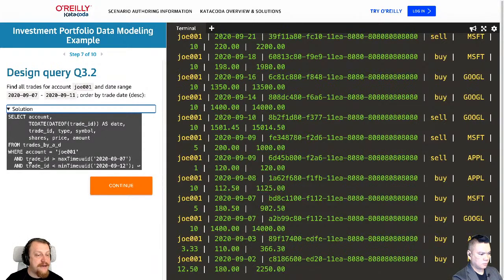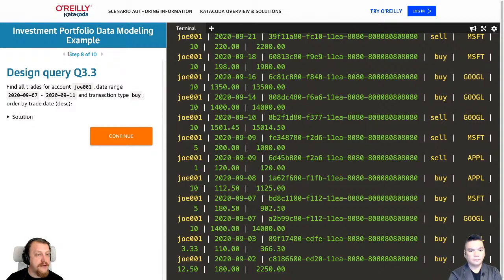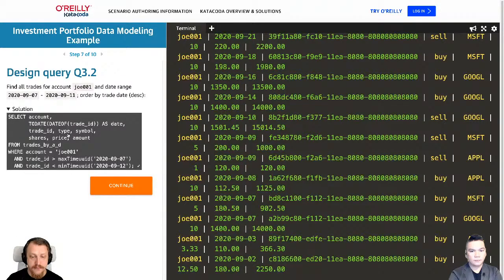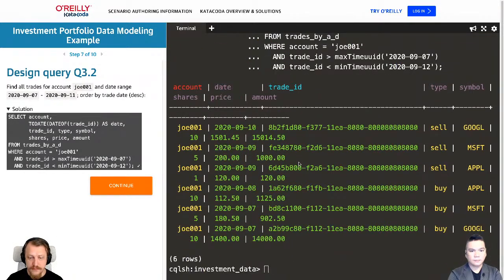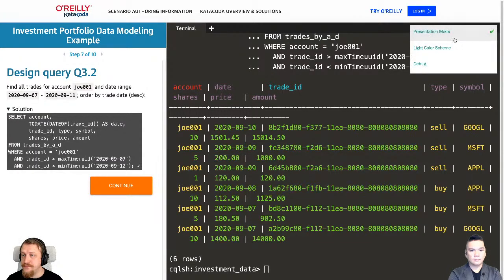Simple as that. And finally, as you see here downstairs, I can sort by time. Trade ID is this long one, 1A62F68, and so on. Very long, but I can sort by them because they encapsulate my time of creation. Oops, I wanted to execute this one. Okay, so that's executed already.